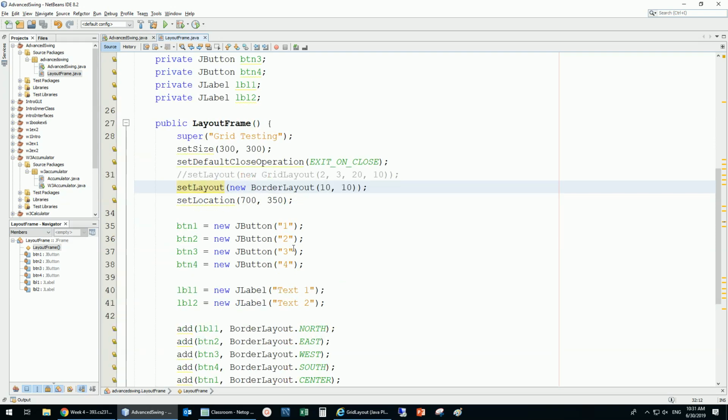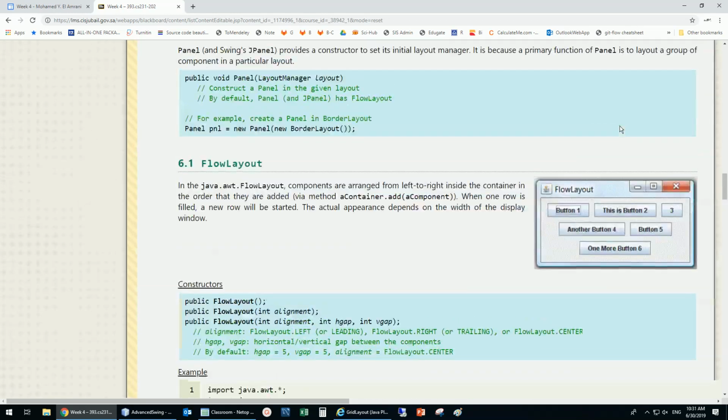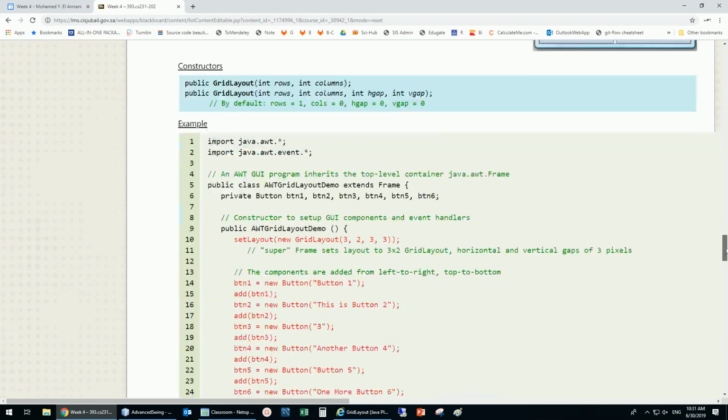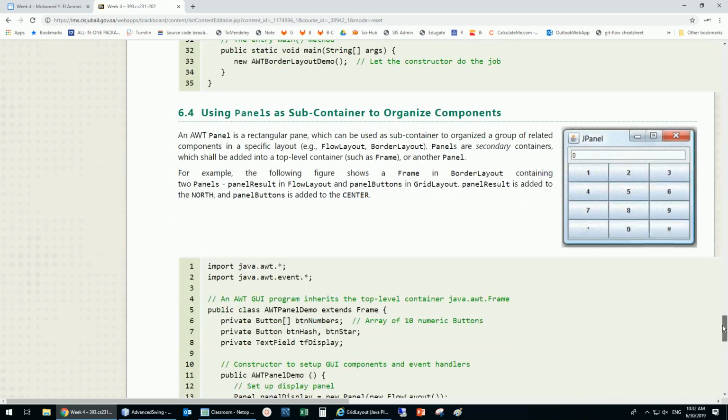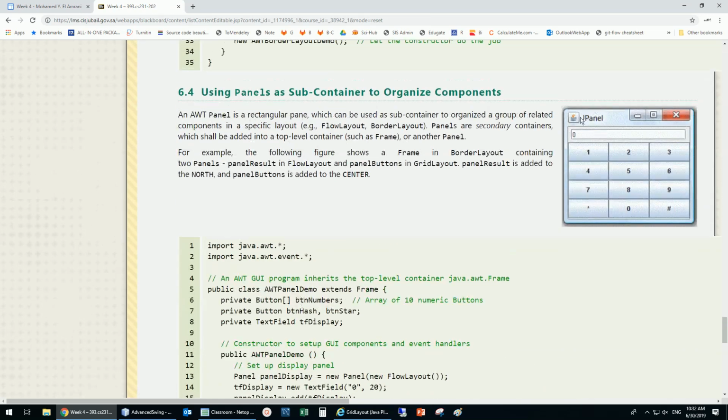But now what we would like to do is to not create only just the frame, but we'd like to put something, let's say like this here. Now something like this here, if we'd like to design something like this, or maybe something like what was here before, like here, we need to use a component. Like for example, like this one here, to design this, I'm going to put in the north